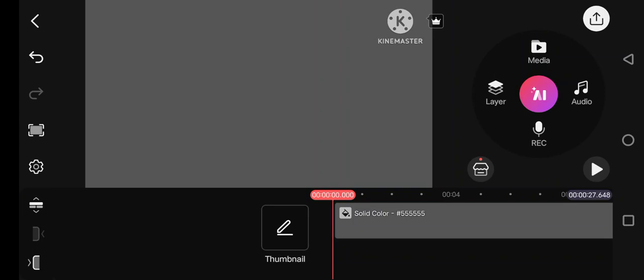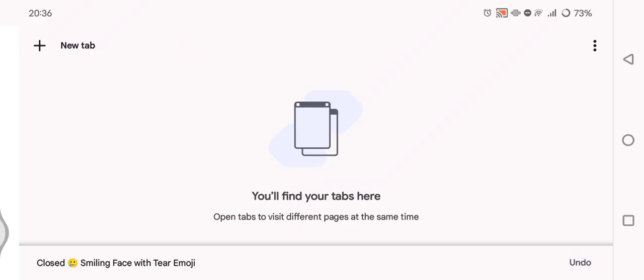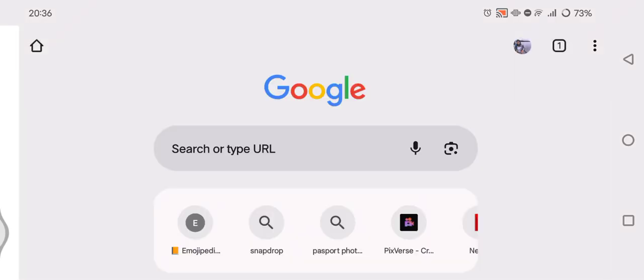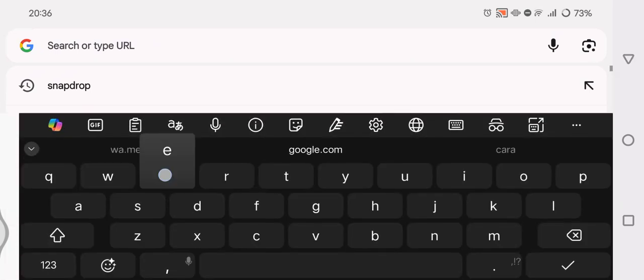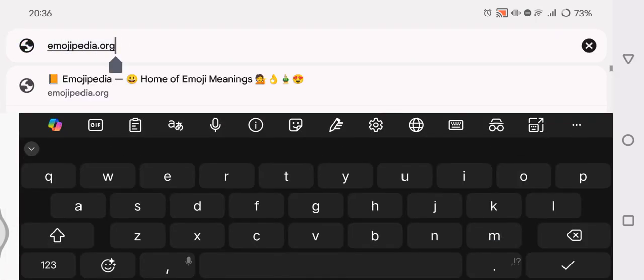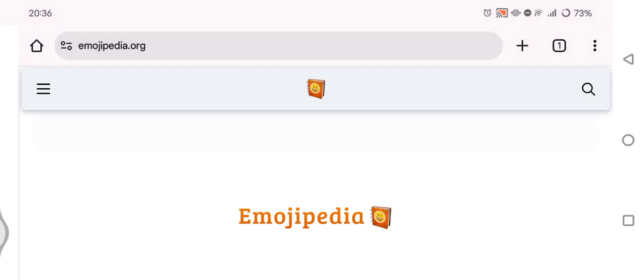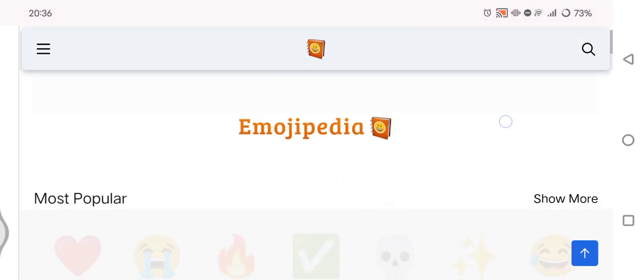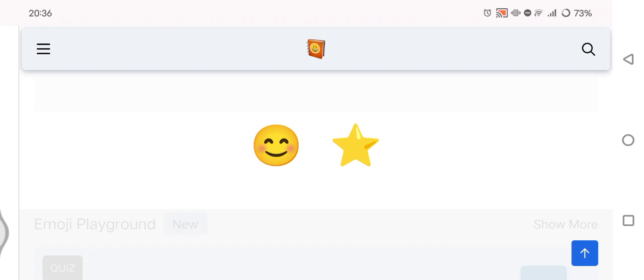The first one, you can just use emoji PNG images or emoji fonts. So you can search for iPhone emoji PNG on Google, or you can use a site like emojipedia.org. Here I'm going to open my browser. Okay, so this is my browser. I'm going to just find it on Google. You can use emojipedia.org. So visit the site, and then here you can just explore and choose which emojis that you want to